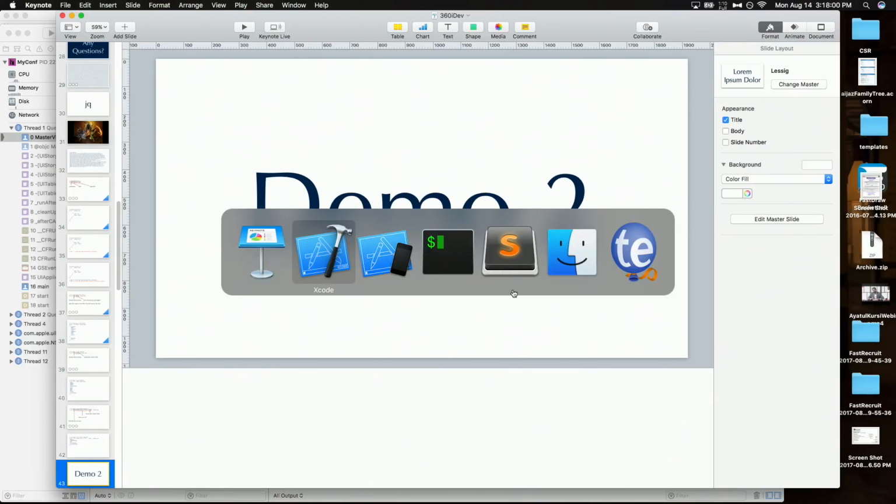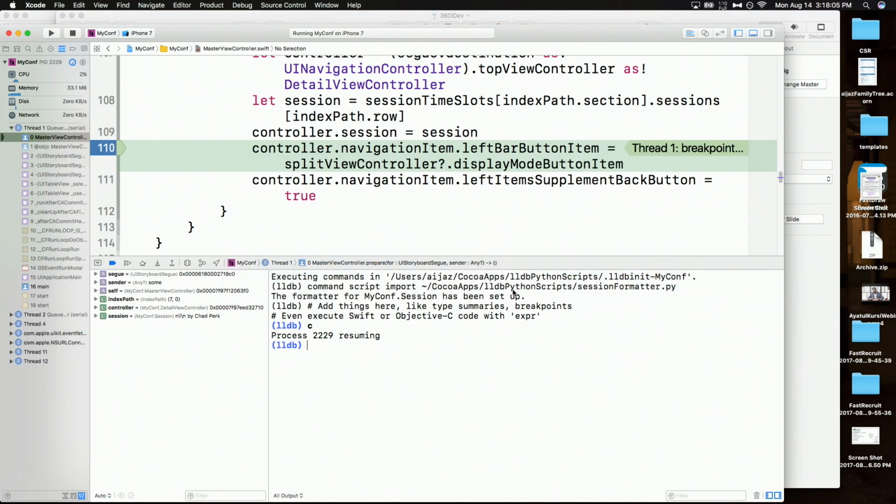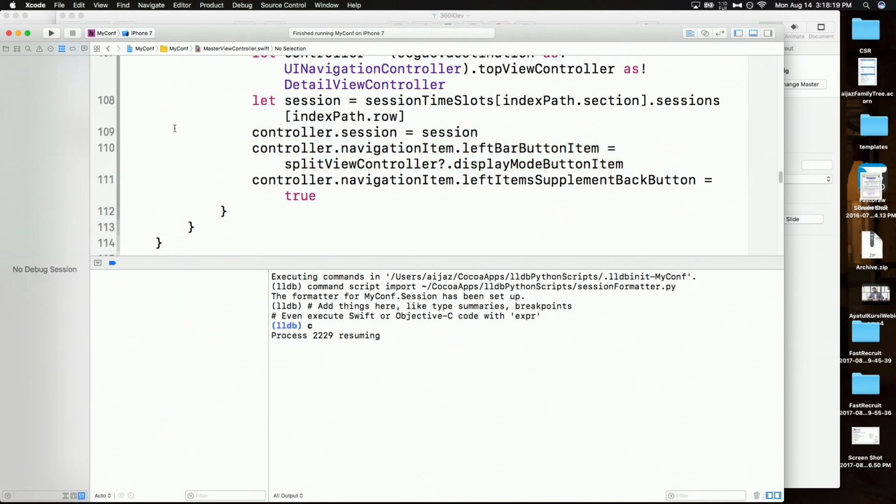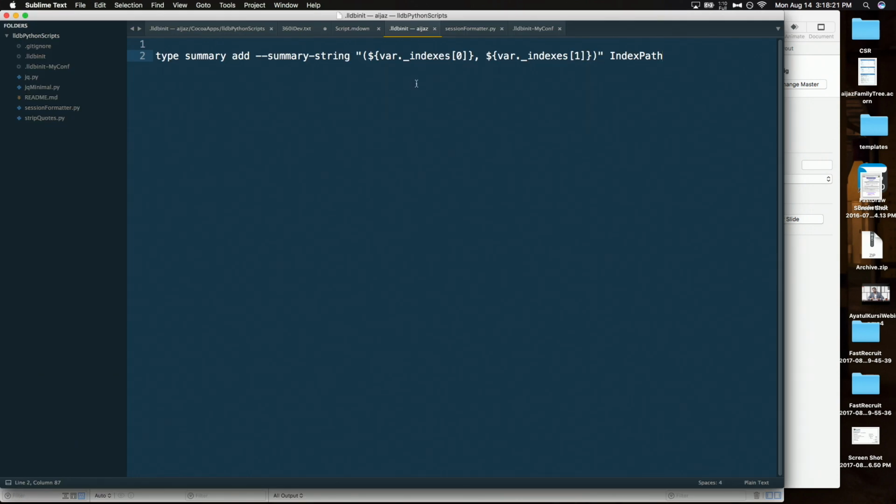That's not what I'm doing. So again, like I did before, I'm going to do it first and then I'm going to show you what I did. All I need to do here, I'm going to get rid of this thing. We've already fixed that bug, or we kind of fixed that bug. I'm going to get rid of that breakpoint. I am going to go into my LLDB init file. I'm going to add one more type summary. I'm sorry, not type summary. I'm going to import one more Python file. I'm going to import a file named jq.py. I'm just going to do that, save the file, and then